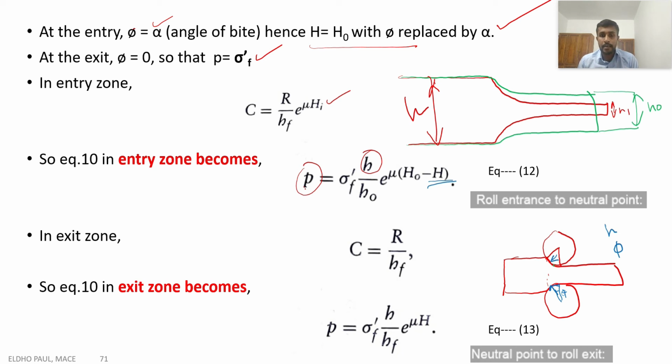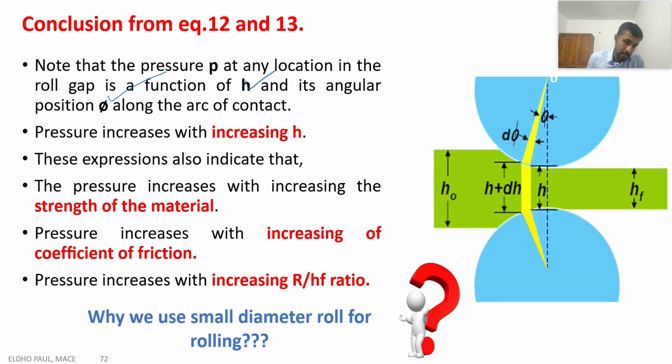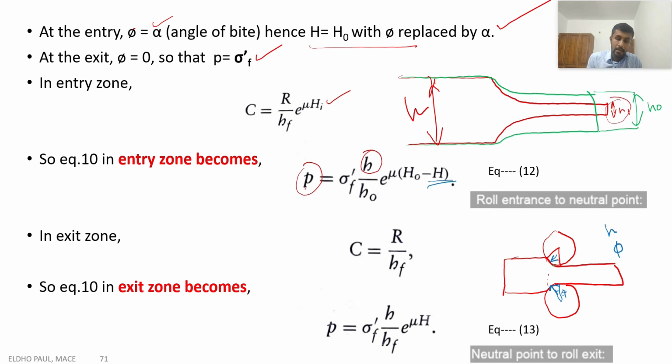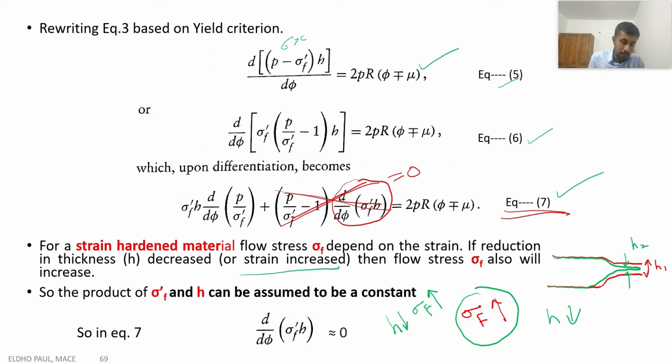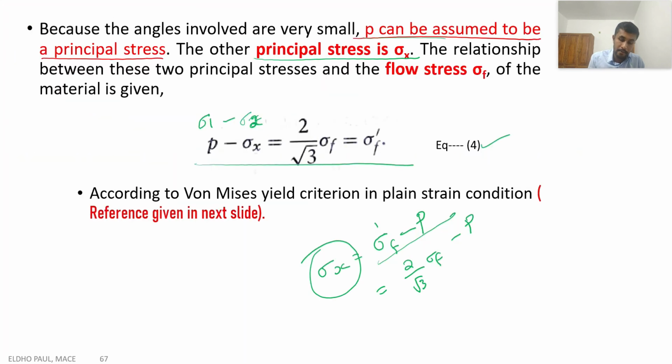When we compare these two cases, the S1 reduction needs more pressure. So with respect to this S value, the pressure requirement also will be high. That is, pressure increases with the increase in the value of h. And again, the pressure increases with the increase in the strength of the material. For each material, the sigma f dash value is different. If you take aluminum, we get one sigma f dash value, because sigma f dash value is dependent upon, according to this equation,